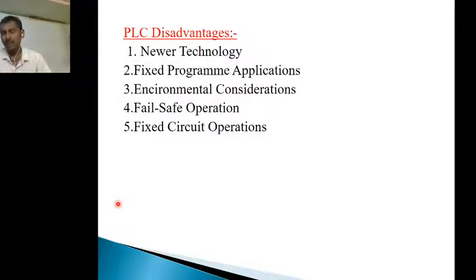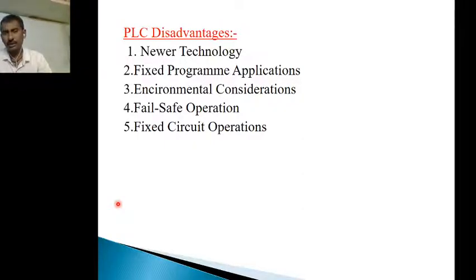We may fail in safe operation when we get obstacles in the power supply. However, we have some remedies for that. Without those remedies, definitely there is some fail safe operation issue. That's why we consider fail safe operation also one of the disadvantages of the PLC system.